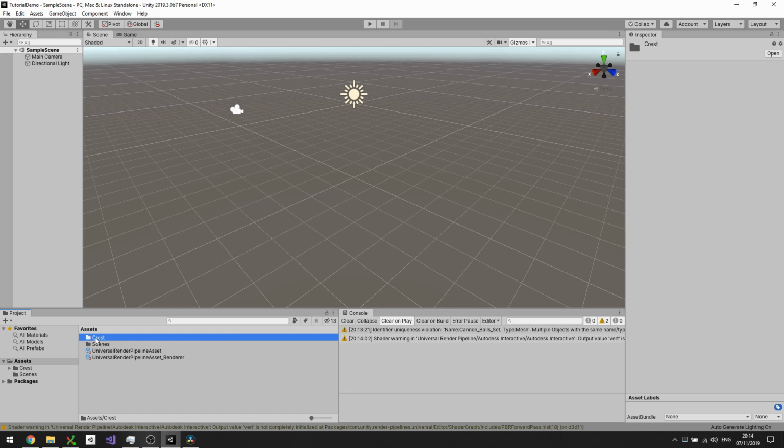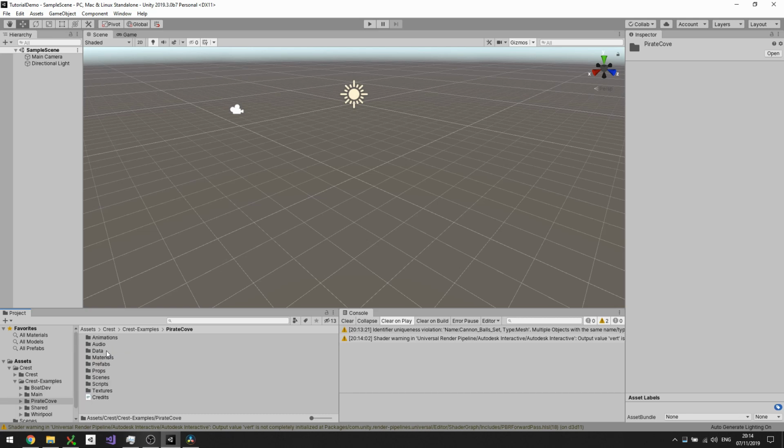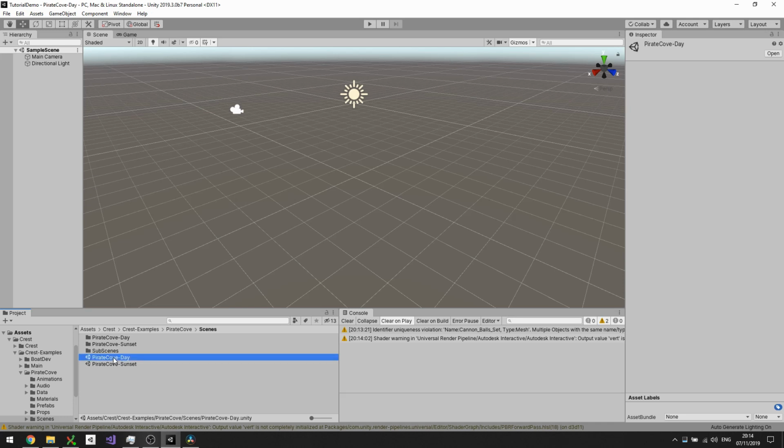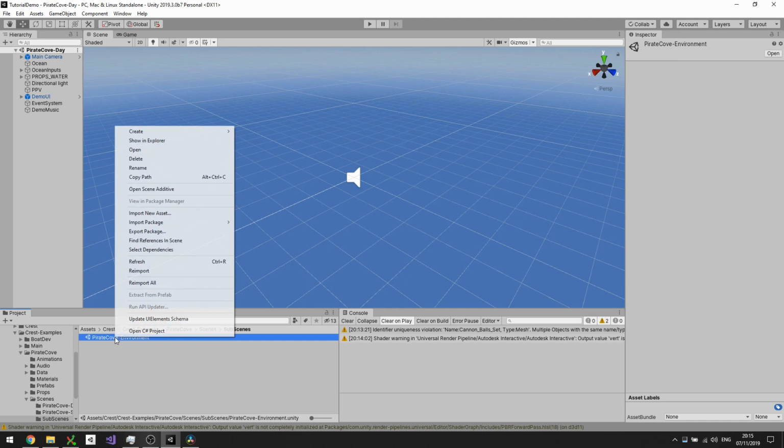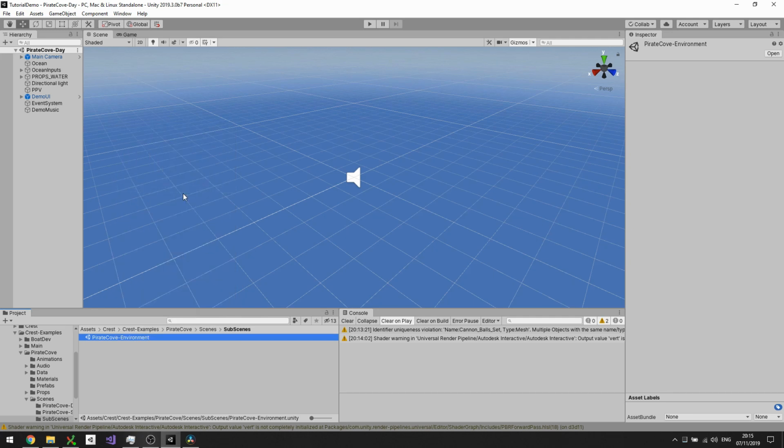Okay, so the import is finished, so let's go into the example scenes, and let's jump straight to Pirate Cove. That's the most complex example scene that we have. If I just open up Pirate Cove Day, this has just the game objects for Pirate Cove Day. If I want to see the environment, it's in the sub scenes folder here, so I can additively load that, if I can remember how. Open scene additive,